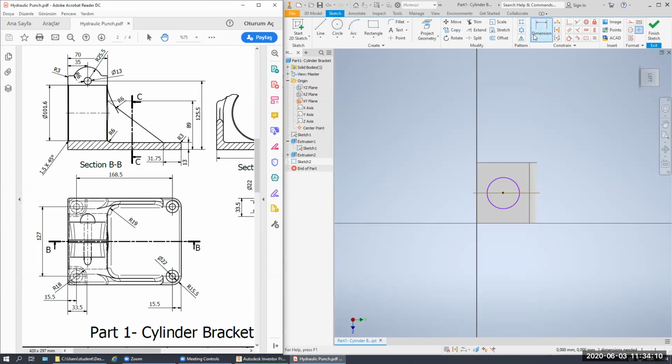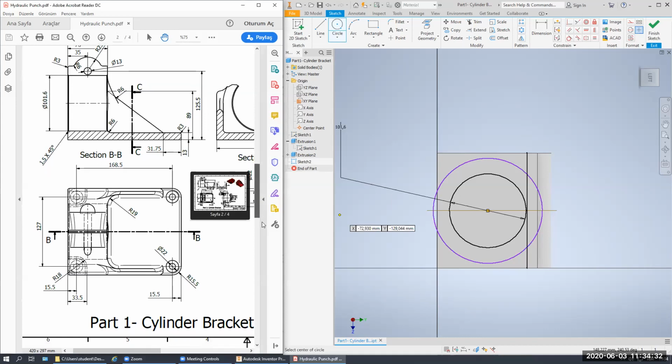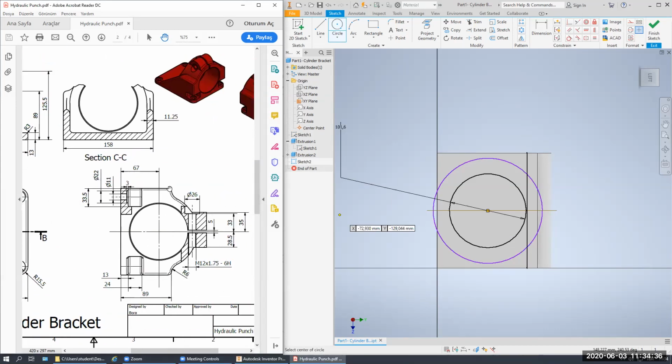dimension, the circle diameter, is defined 101.6, which is 4 inches. Okay, this is the one. Also, I need another line. Okay, I need another circle. I'm sorry, I think I have just made this one true because I would like to have. Okay, anyway,